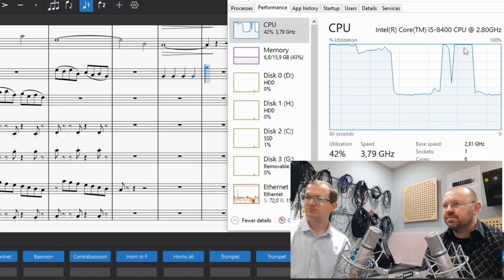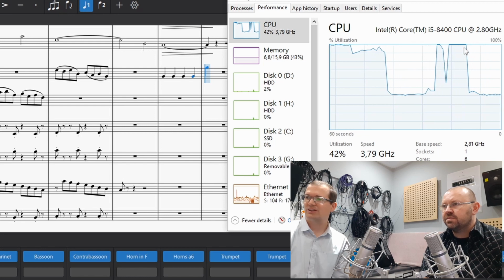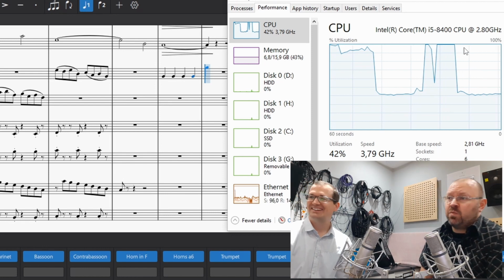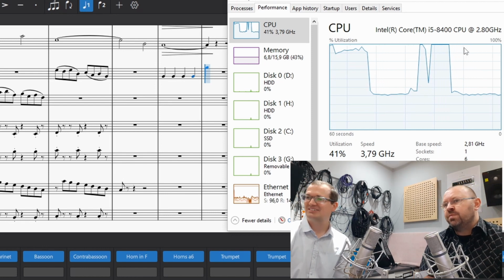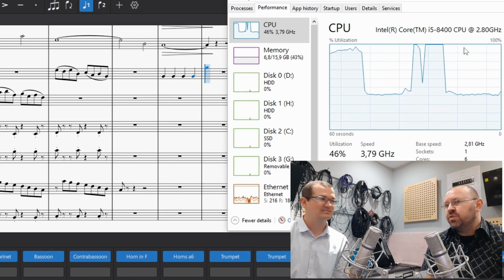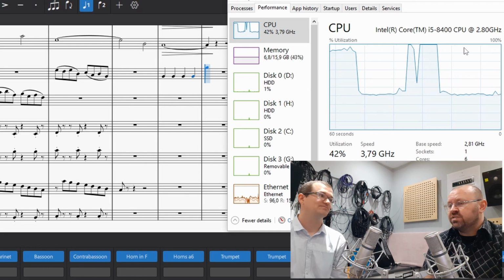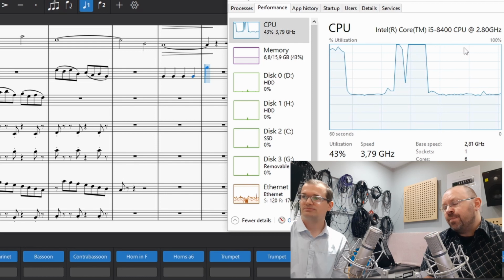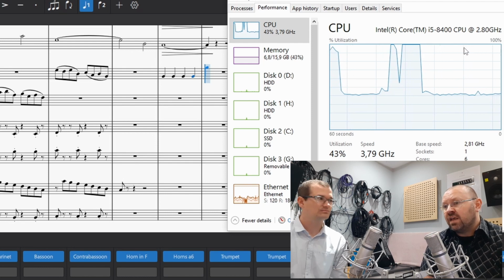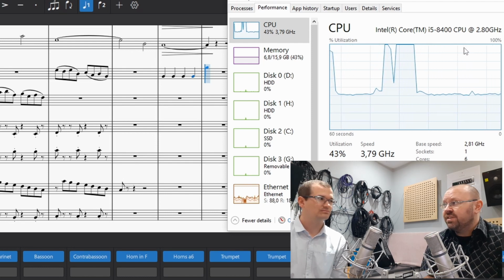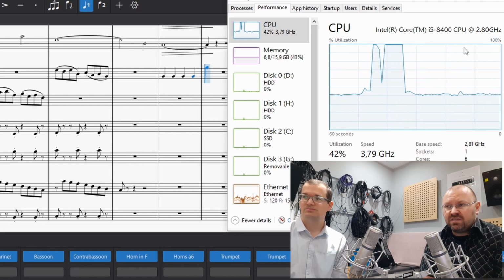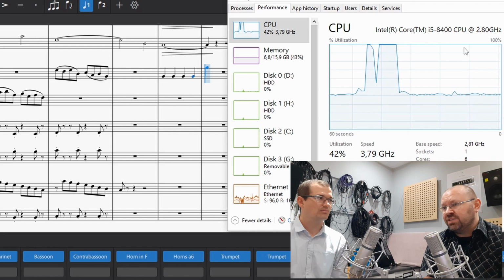Definitely. So do you think that's something that they could optimize? I mean, that's something that they would need to look at, because a lot of people might not be using MuseScore by itself. They might be using it with recording software, so you want to make sure that it shares the resources. You also want to look at how many sample libraries you're using. That could also be a factor. So I would expect them to do some sort of optimization, but